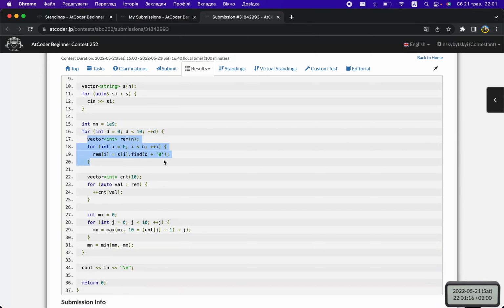Clearly it depends on how many times the digit occurs in each position, which I define with remainder. So if you calculate how many times each position has the given digit, then your positions are kind of independent,